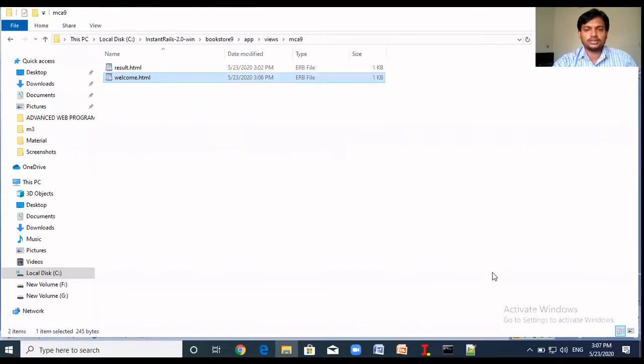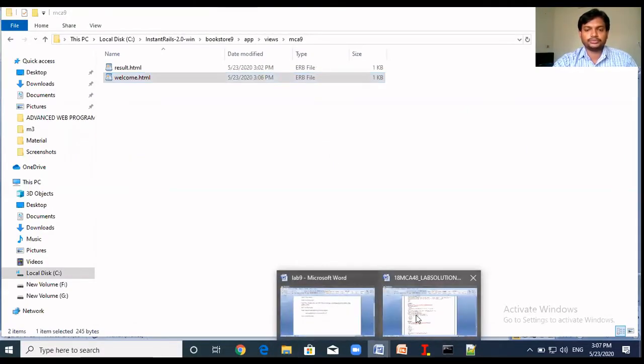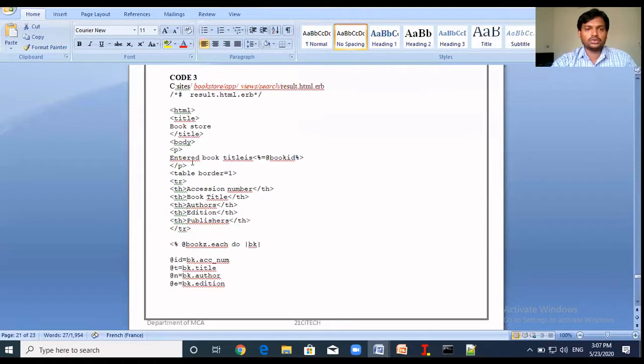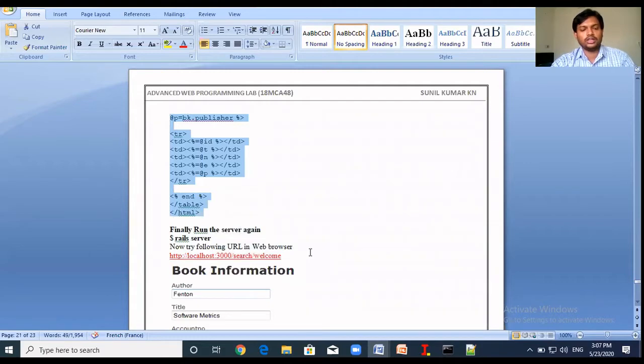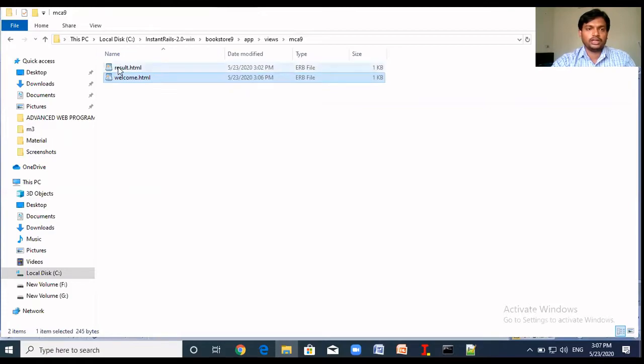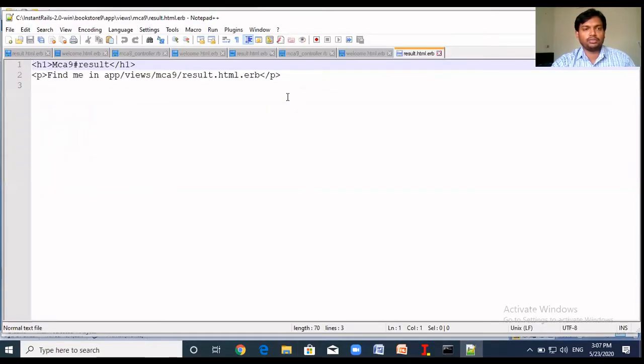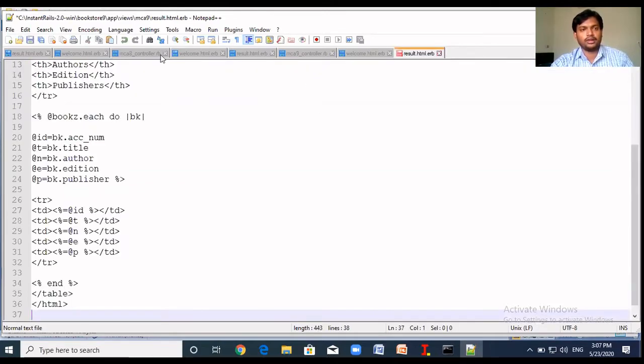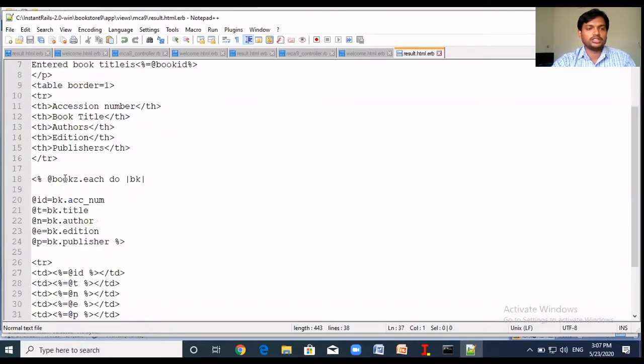Next is the result page. You can take this code from our manual. Just take the code. Here we are displaying the fetched data in the form of a table. I'll replace this code and save it. This is the variable which contains the records fetched from the database.